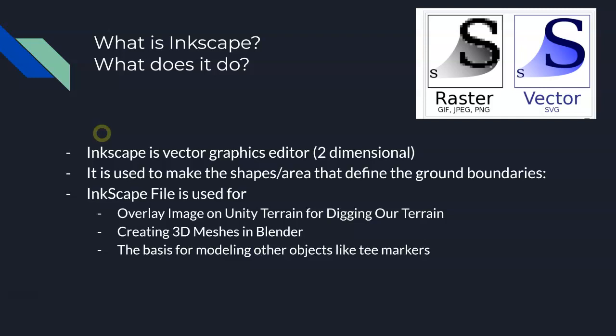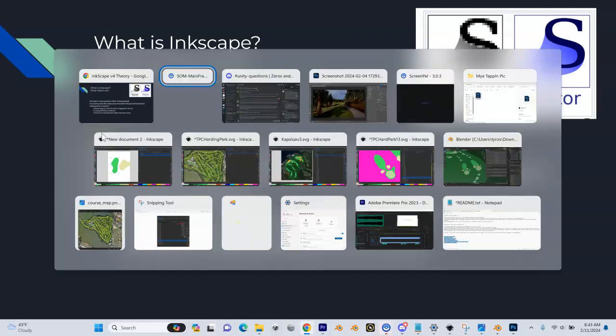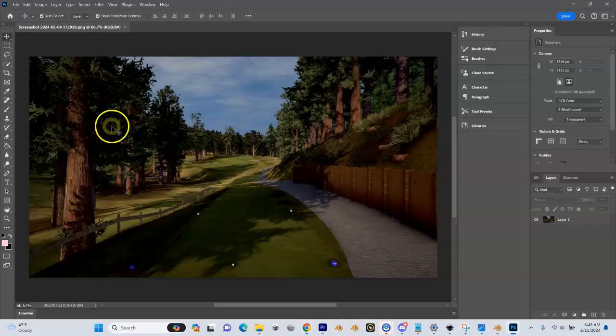They're essentially shapes. The advantage of that is when we zoom in really far in a vector graphics area, we don't get the pixelation that we normally get with editing an image. The easiest thing is to show you an example of that. So let's go into Photoshop. And this is a picture that I captured of someone's golf course. And you'll see if I zoom in on this